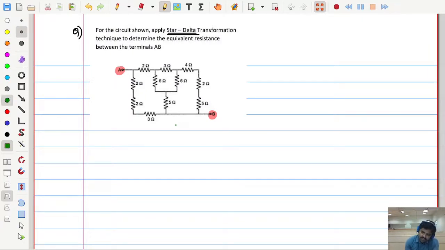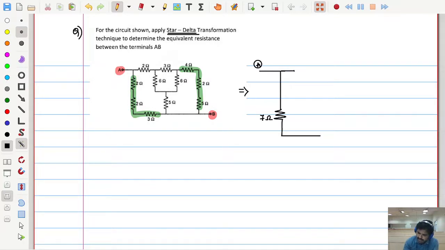First, initially see what are the series or parallel connected elements. Is there any already? Can you see 2, 2, 3? How is it connected? Series. Can you also observe 4, 2, 5? How are these connected? Series. So let us replace these things in the next step. In the next step, I will start at A. Then I will bring this entire green color shaded area into one element. How much is that? 4 plus 3 is 7. I will replace that entire thing with one resistor of 7 ohms.